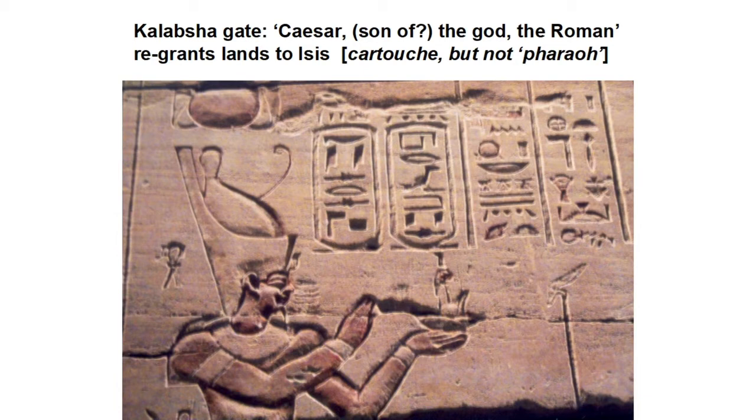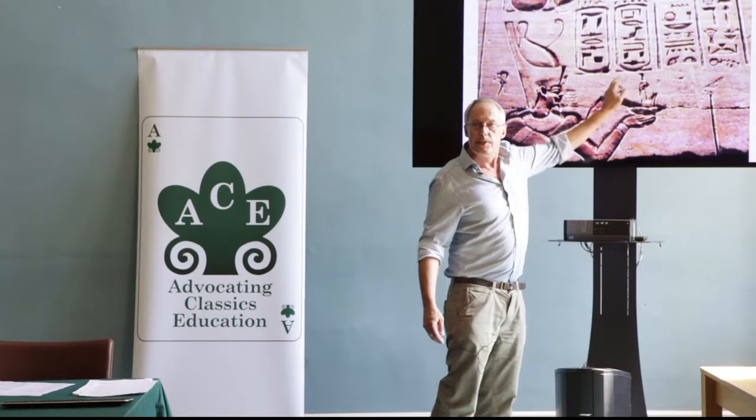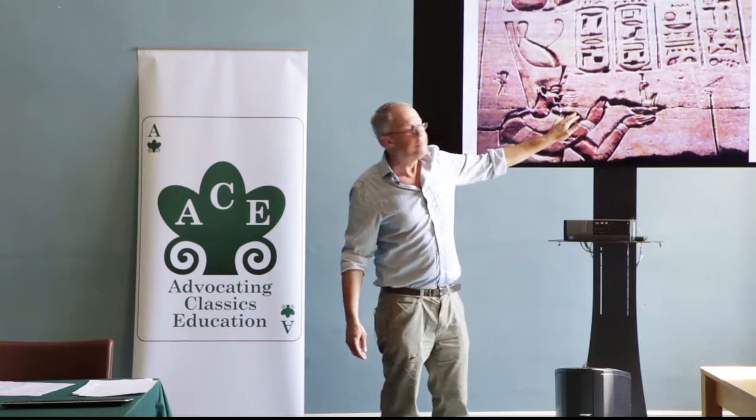And it's often said that Octavian represents himself as Pharaoh in Egypt and as king of Egypt. It's not, all I'm going to say quickly is it's not that simple. If you know anything about Egypt, and I don't know very much myself, the names of rulers are put in these things called cartouches. So his name is put in a cartouche.